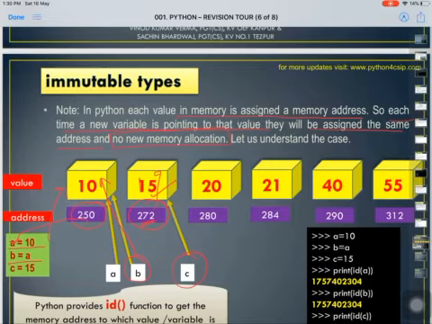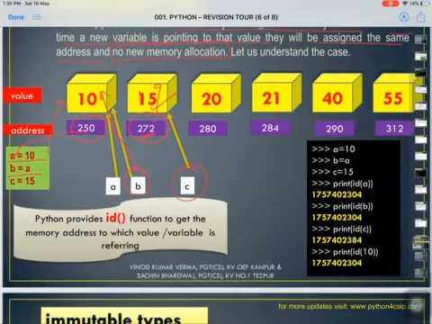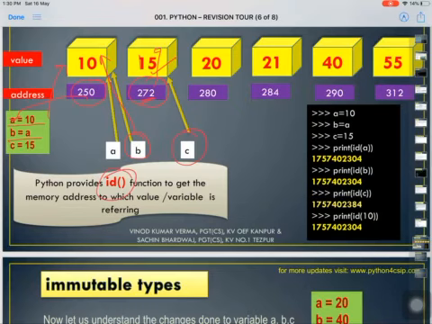Alright, now you can use the id function and see their memory location. So you see here, if I say print id of A, it is showing you 2304, and if I say print id of B, it is also saying the same thing, that is 2304, because A and B are both pointing to the same value, hence having the same memory location.